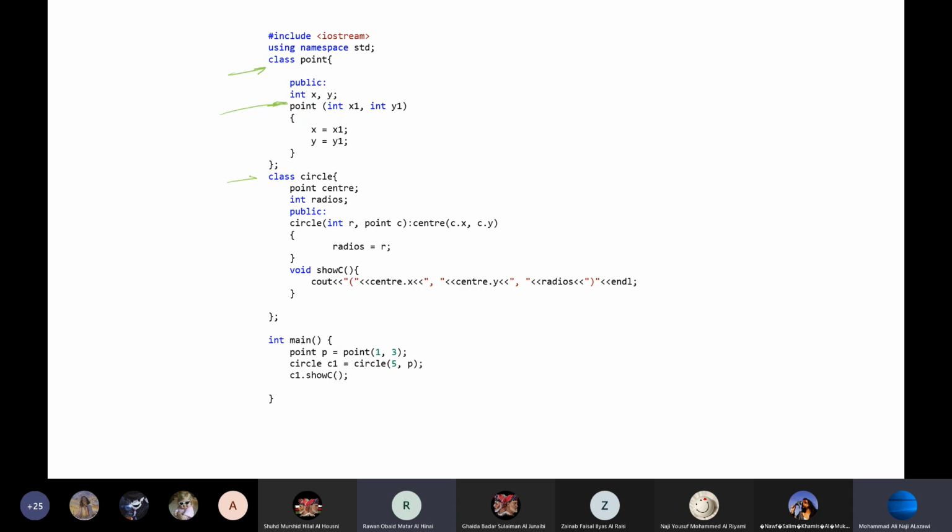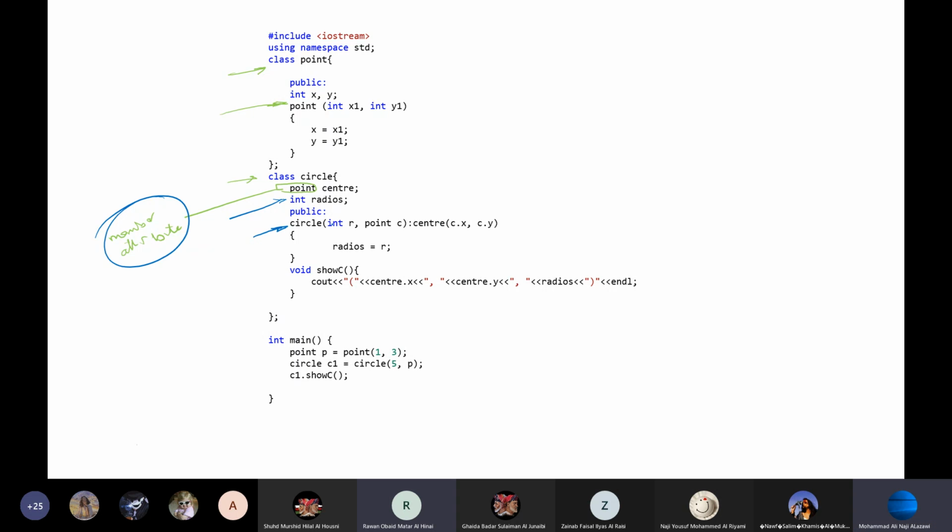Now in Circle, I use Point here as a member, or as an attribute, we call it attribute. I don't like this color, let me just change it. So here we have the Point as an attribute. In addition, I have another attribute, which is the radius. But here in the constructor,